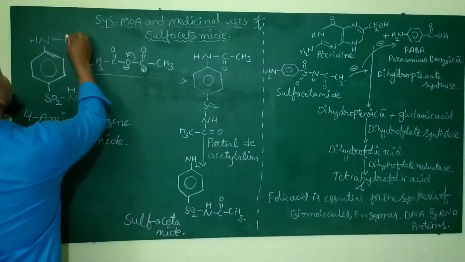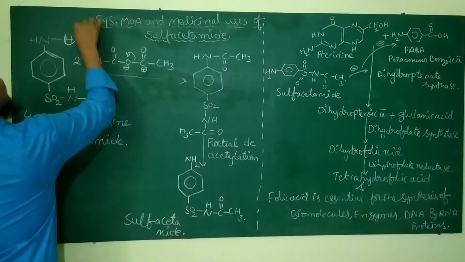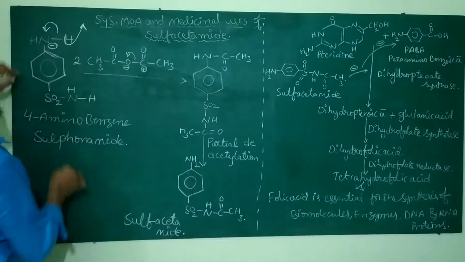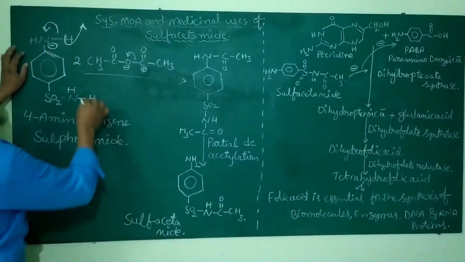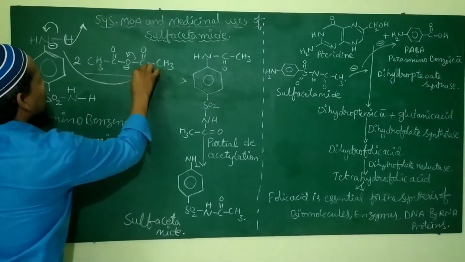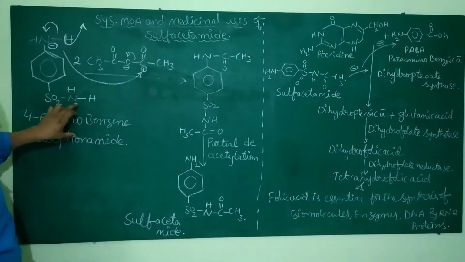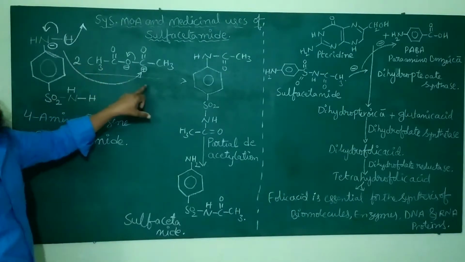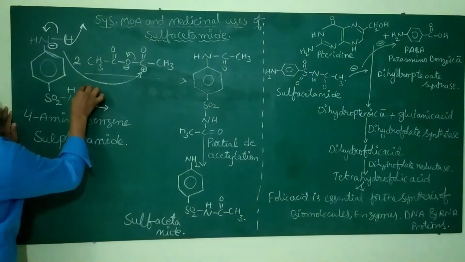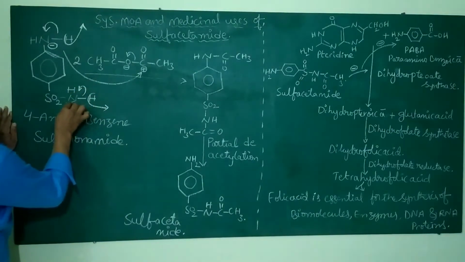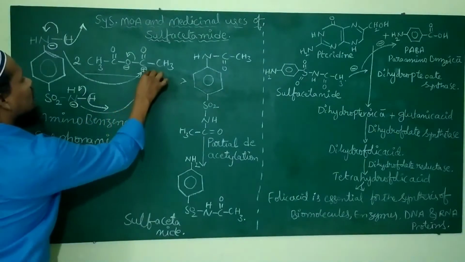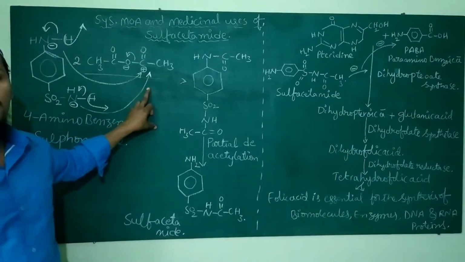Okay. So here from the nitrogen, hydrogen is eliminated and these electrons move back to the nitrogen, and the electron density on the nitrogen increases. Now this electron-rich nitrogen donates its lone pair of electrons to the carbon. Similarly, here also this hydrogen is eliminated, the electrons move back to the nitrogen, electron density increases on the nitrogen, and similarly this nitrogen donates electrons to the second mole of acetyl group.